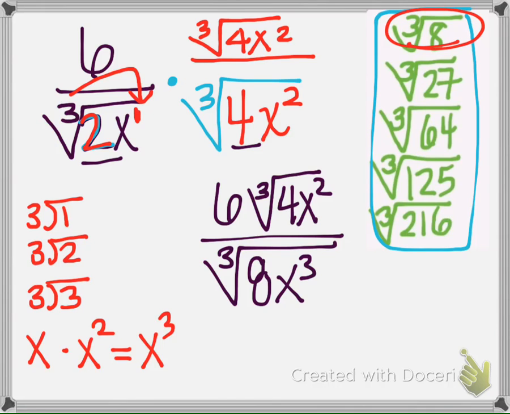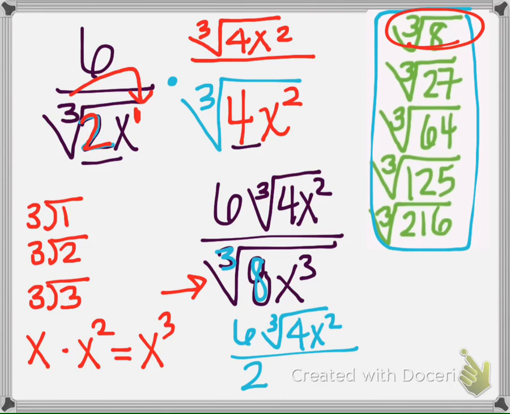Now if we did this right, the denominator here should not have a radical anymore. So the cube root of 8 is 2. And then 3 goes into 3 once, so no radical left in the denominator. Then when we're done, we need to take a look at what's on the outside here and see if we can simplify it, which we can divide 6 by 2 and 2 by 2. So we would get our final answer,